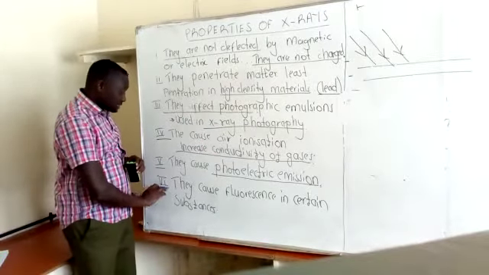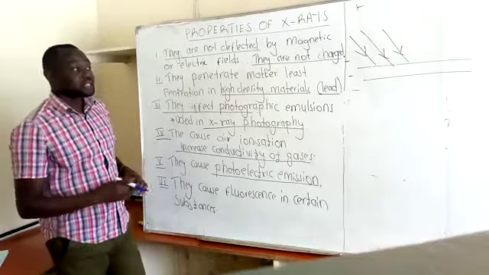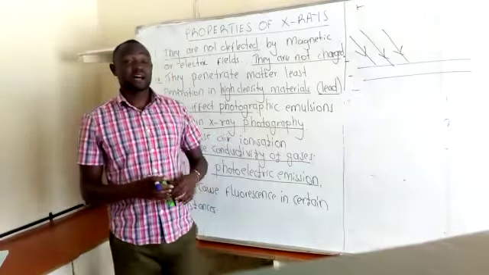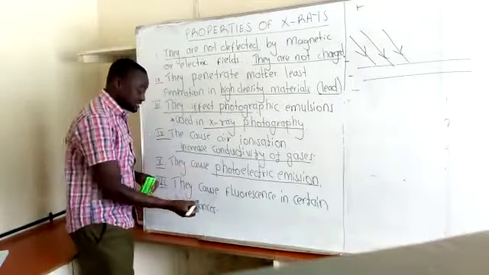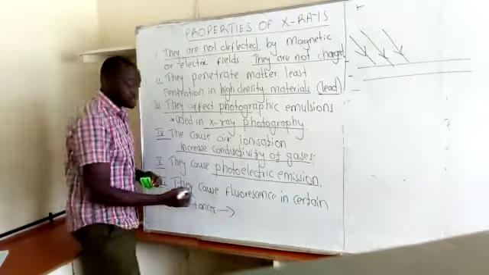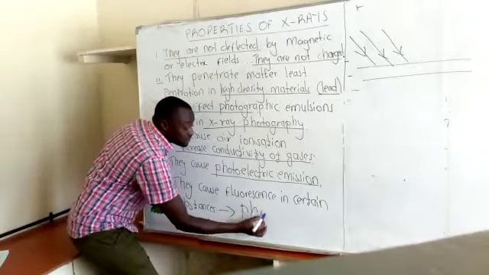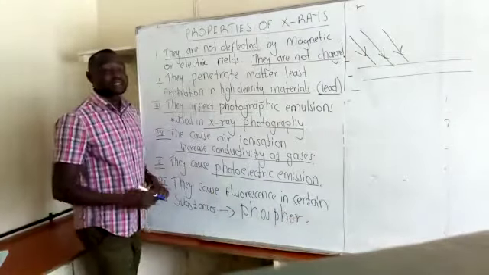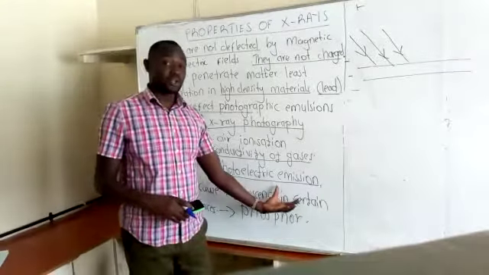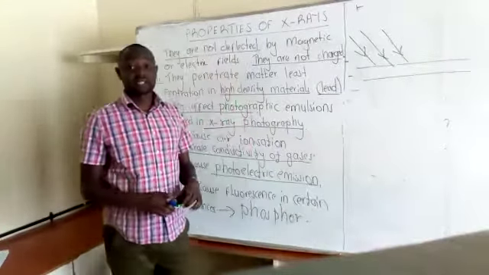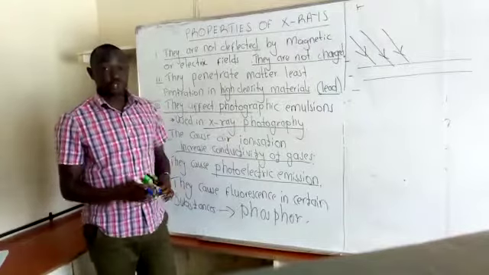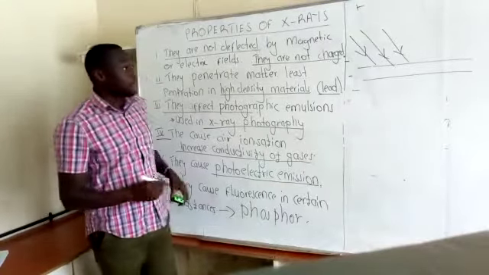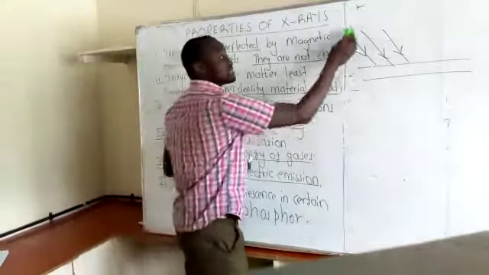Property number 6 is that when X-rays fall on fluorescent materials, and we said some of the fluorescent materials we have is phosphor, and phosphor, we say this is zinc sulfide, then they'll always make fluorescent materials to glow or to fluoresce. Our next property is,